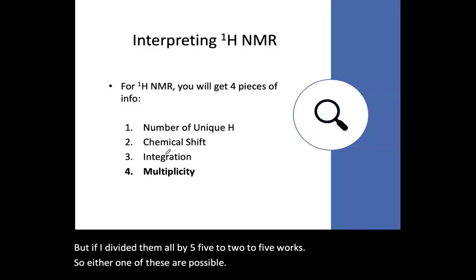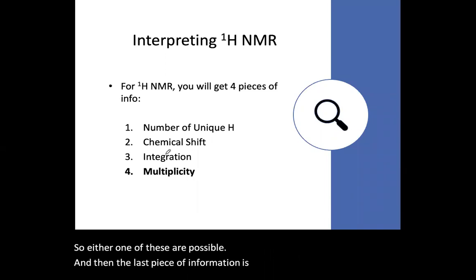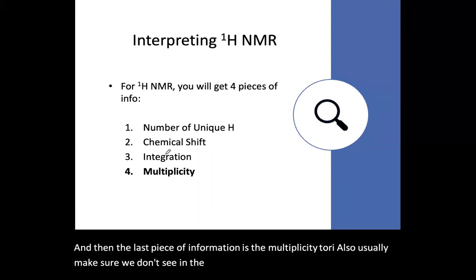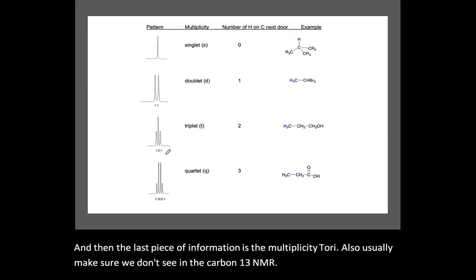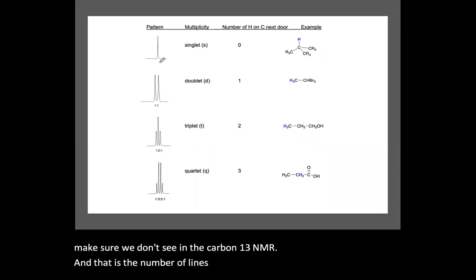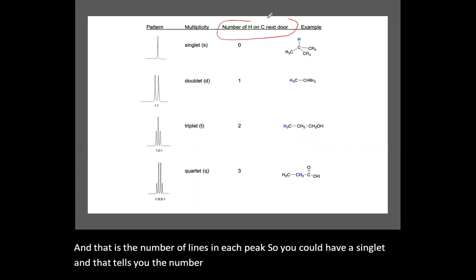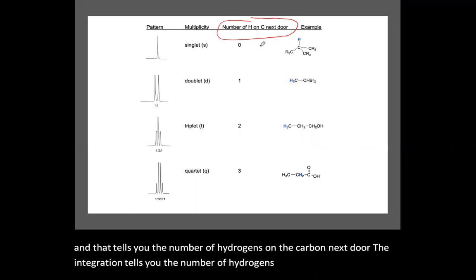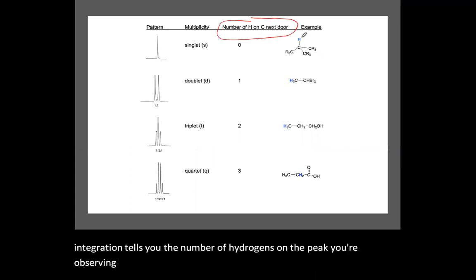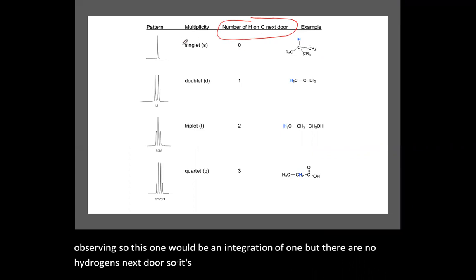And then the last piece of information is the multiplicity, which we also usually make sure we don't see in the carbon-13 NMR. And that is the number of lines in each peak. So you could have a singlet, and that tells you the number of hydrogens on the carbon next door. The integration tells you the number of hydrogens on the peak you're observing. So this one would be an integration of 1, but there are no hydrogens next door, so it's a singlet, 0 hydrogens on these carbons, because they're all